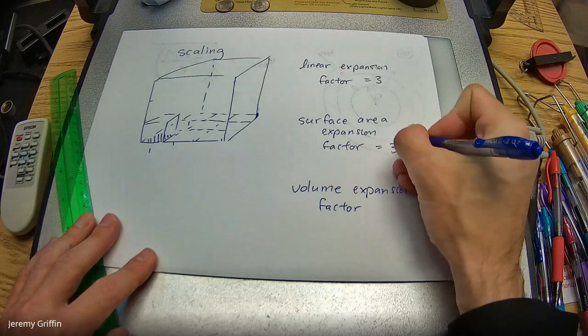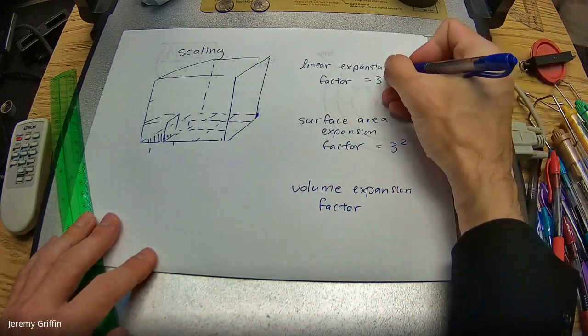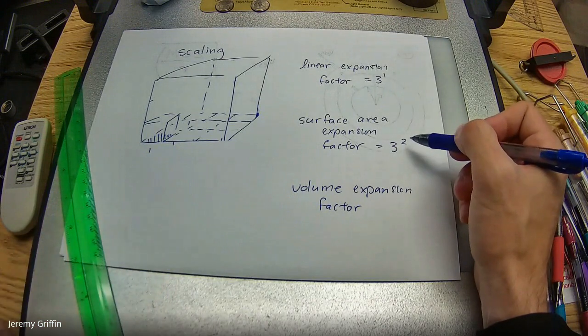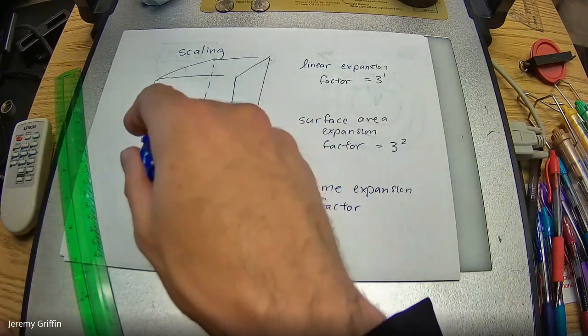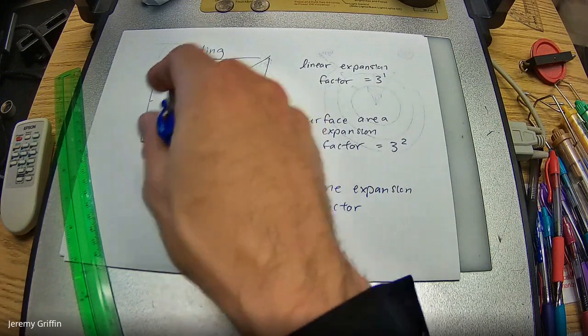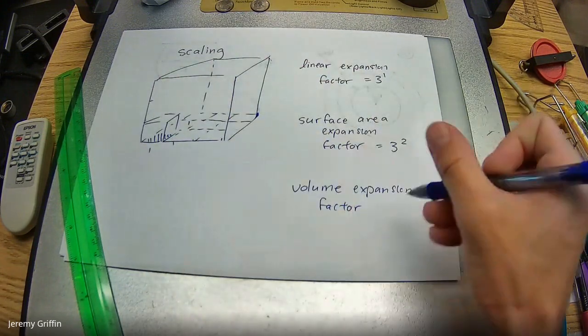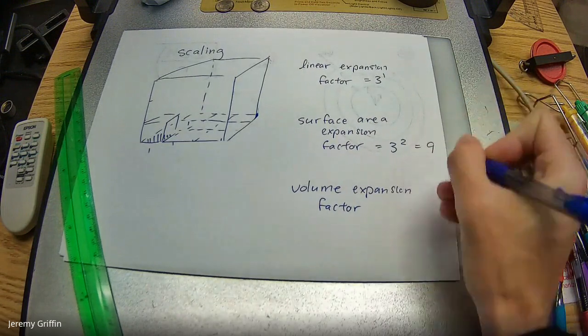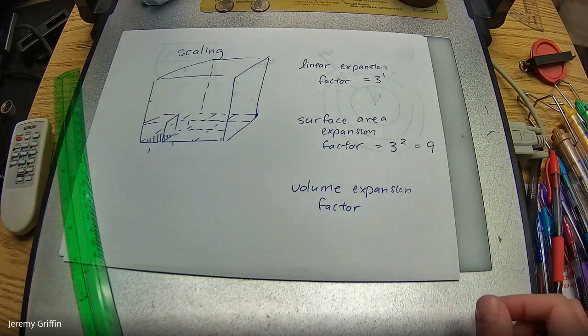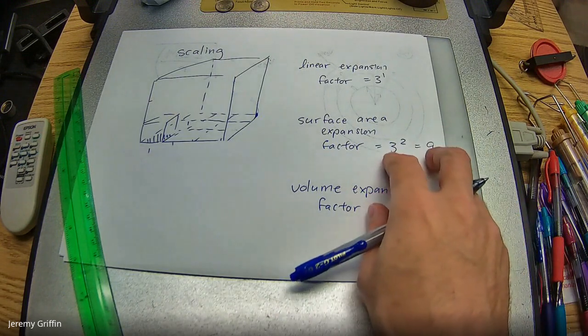In fact, if linear is like 3, that's like 3 to the 1. And anything to do with area, area is like 2 dimensions. What about if you were to paint the little box, and then how much more paint would you need to paint the big box? You guys think it would take 9 times as much paint? Because surface area, that's like an area relationship, right?